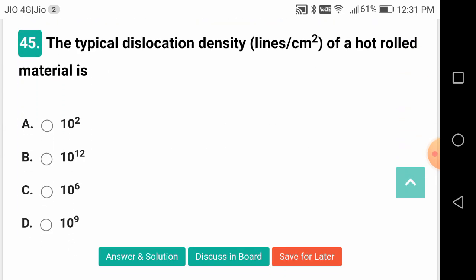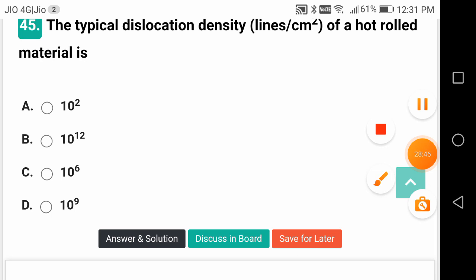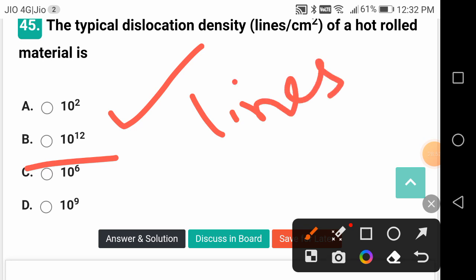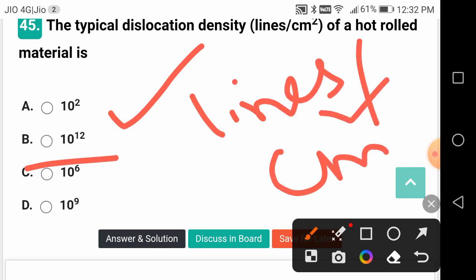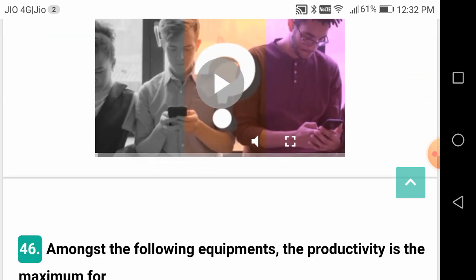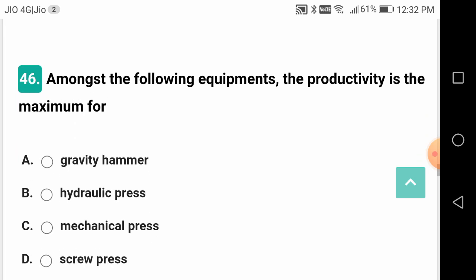The typical dislocation density, lines per centimeter, of a hot rolled material is 10 to the power 12 lines per centimeter square. Per unit area he is considering. Amongst the following equipment, the productivity is the maximum for